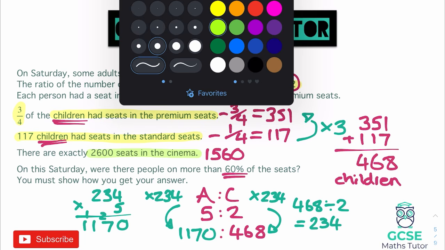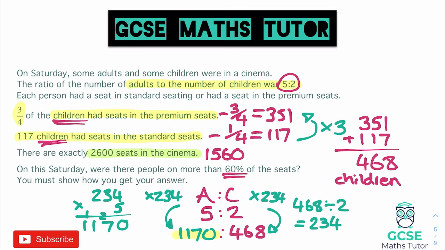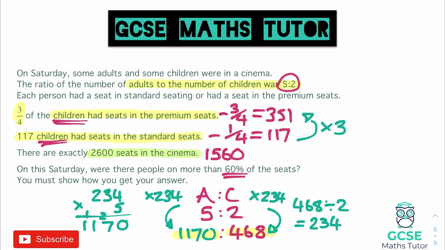Okay, so we've got quite a bit of information now. We've got 1,170 adults and we've got 468 children. And it said, is 60% of the seats filled? And we already worked out that in order to fill that, we needed to fill 1,560 seats. So now we have all this information, let's get all of this out of the way. We can actually finish this question off